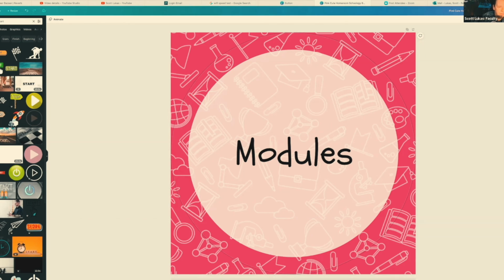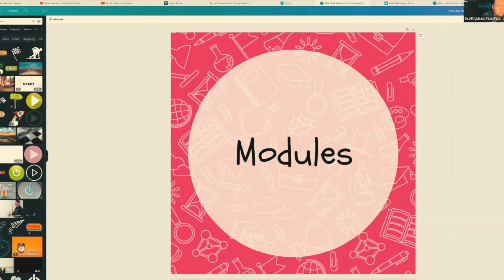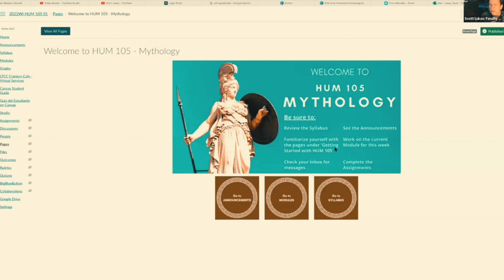have something that pops up. It could be a graphic like this, or it could be more of a clip art thing. And then that could be your graphic, and the students click on that, they start the class. Whatever you want to do, whatever works for you. Play around with it. I think it's a great opportunity also to learn some tech skills.